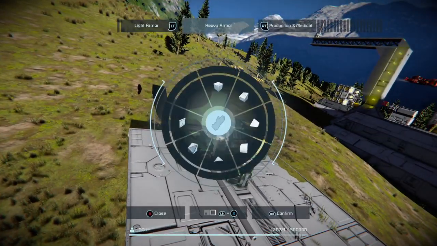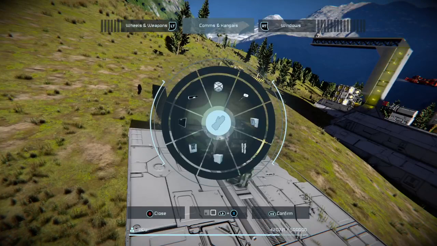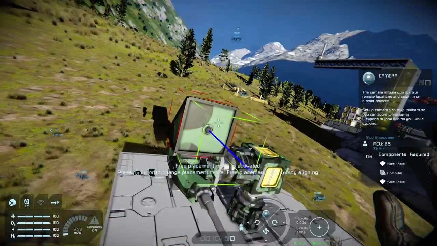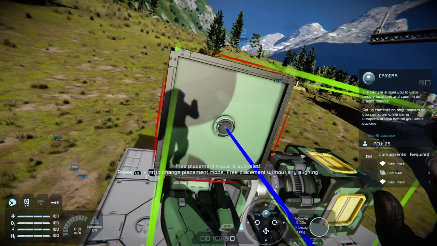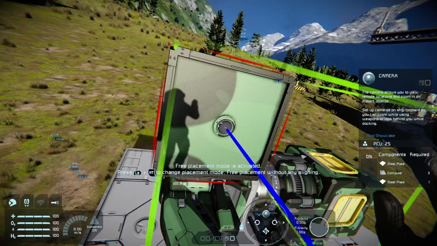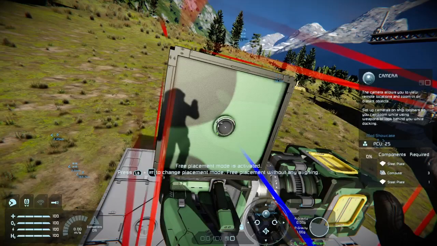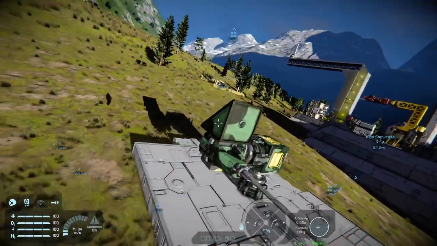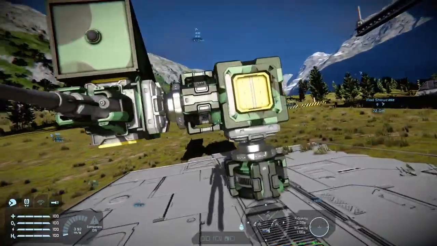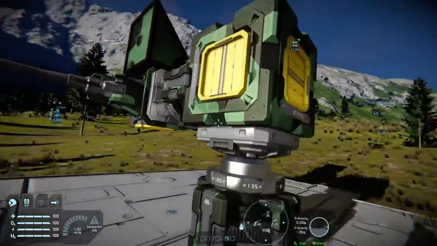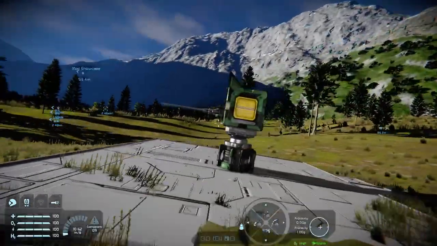And then want to come down to remote control, take a look at the little light. Always make sure the light's at the bottom. And we have a camera. And that is pretty much it for a custom turret Mark 1.